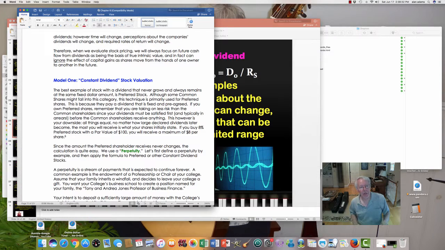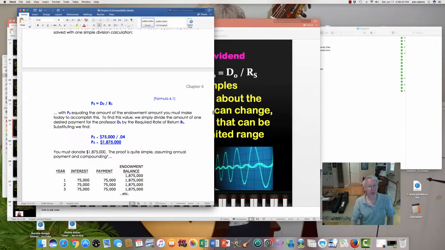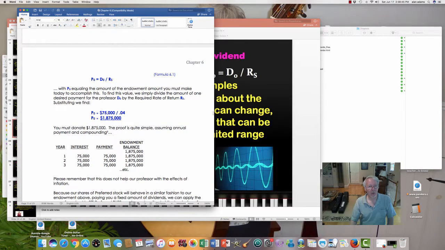Hi there, I'm back. Okay, here comes the third lecture on Chapter 6. In the preceding lecture, I showed you the constant dividend stock valuation model. It's the same as what we would use to endow a college chair. So, using the formula P sub 0, which is usually what we're going to be solving for, the price at